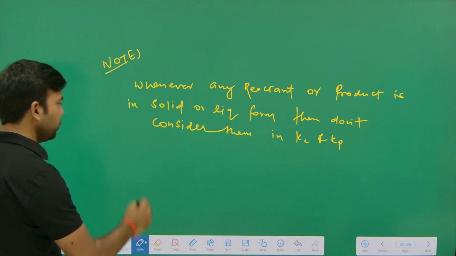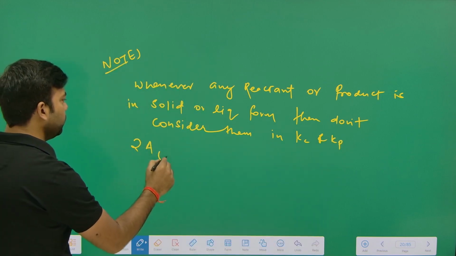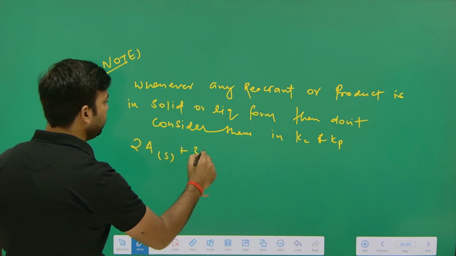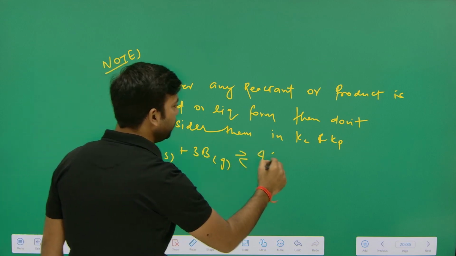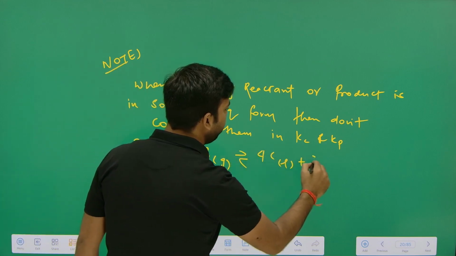In this way, suppose we have 2A solid plus 3B gas gives 4C liquid plus 5D